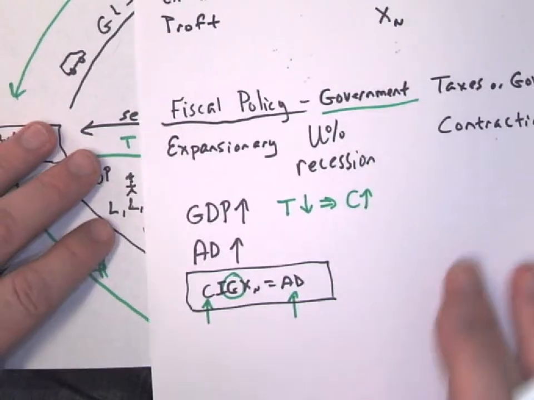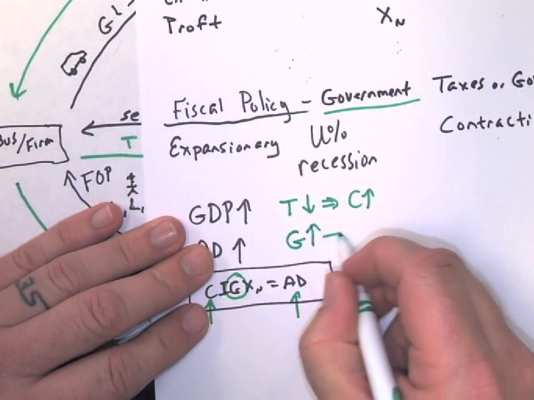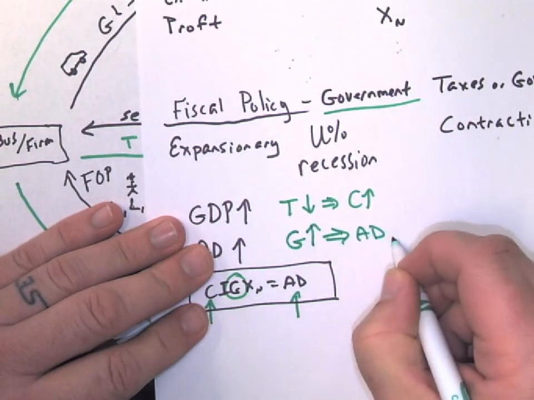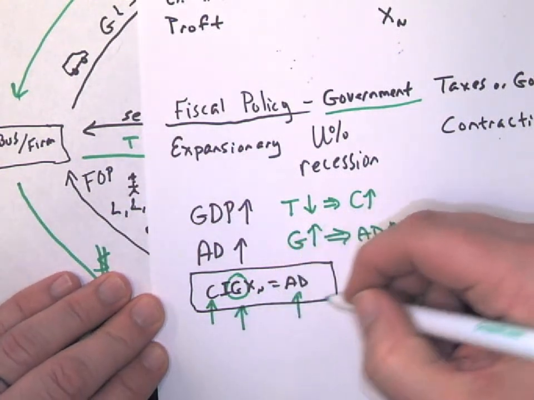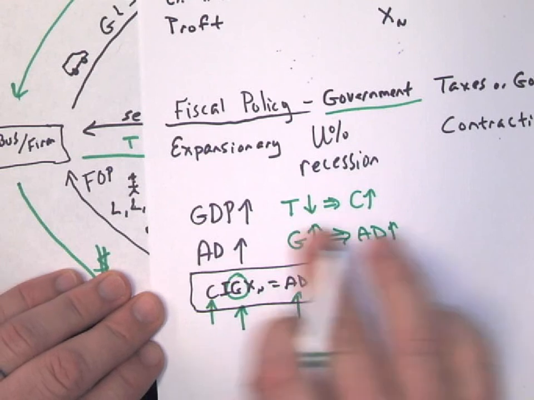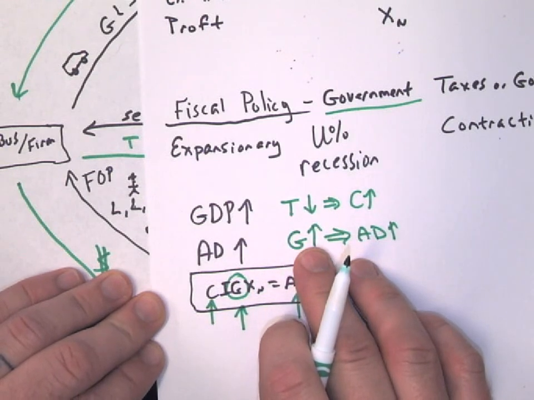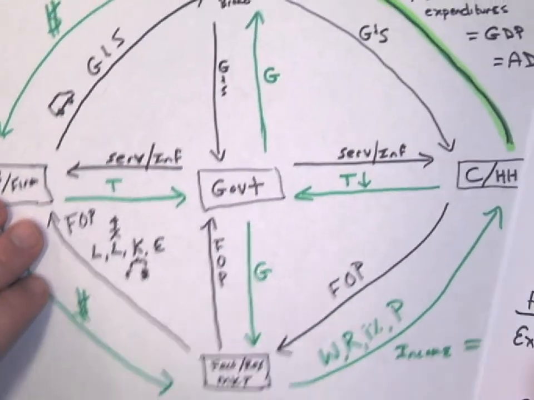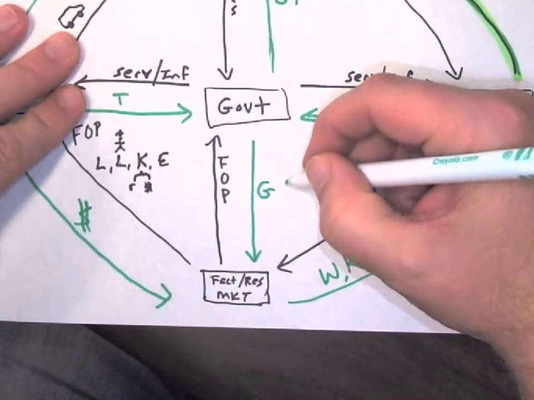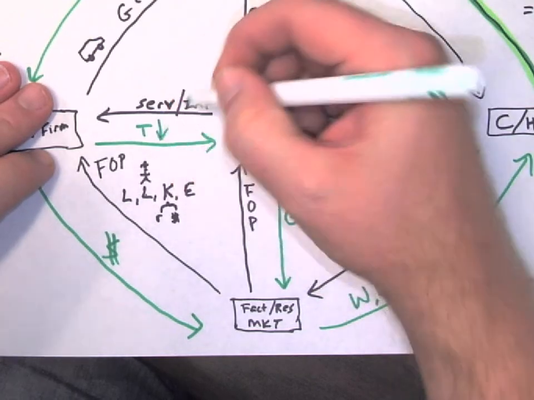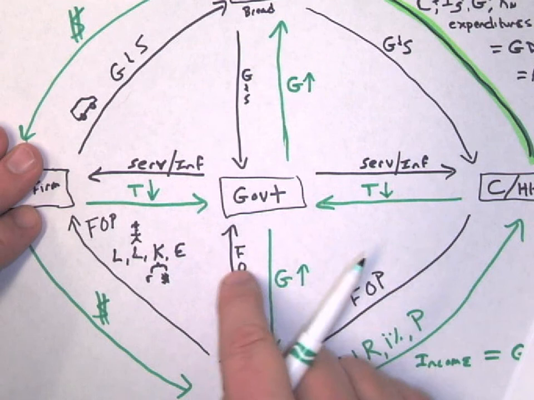So now our other form of expansionary policy, government spending, will increase. That's going to lead to aggregate demand going up as well. So if government spending goes up, then aggregate demand will go up. So you see both these are in green, and these are both ways that our government can stimulate the economy. The biggest example of this one is government spending. That was with FDR and the New Deal. So in all these four places, these are all expansionary policies to get the economy stimulated again.